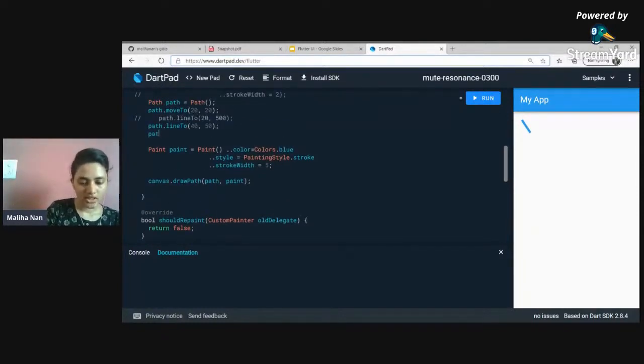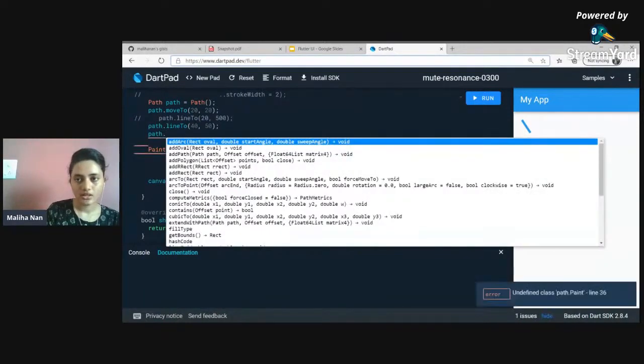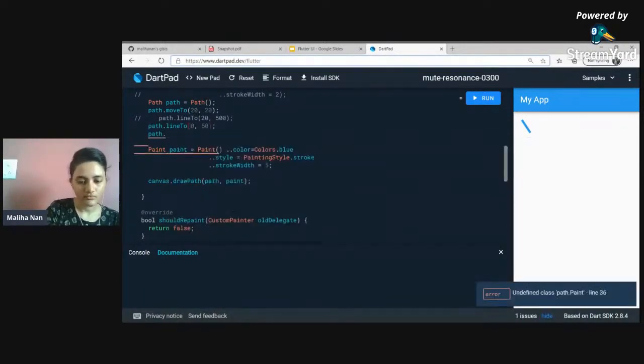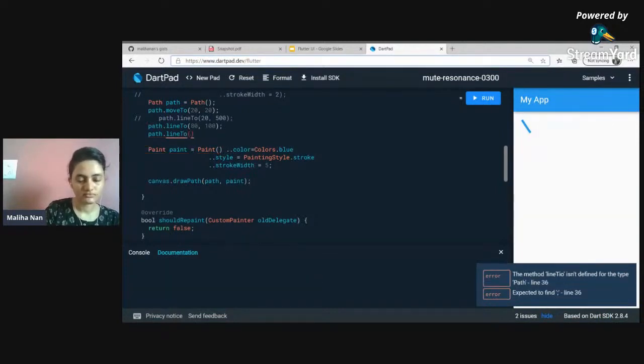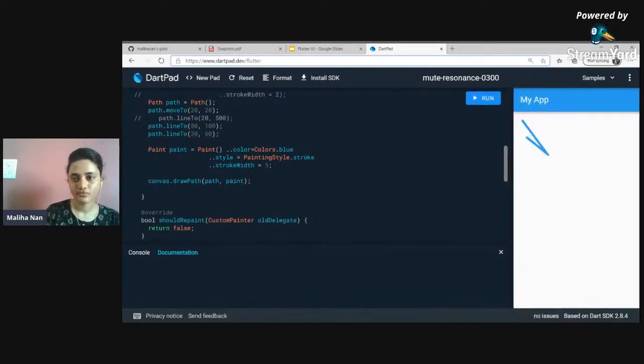Now we move it to some other point. Let's say this is 80 and 100. Okay. Now say you want to close this figure, so then you don't have to again calculate this where it